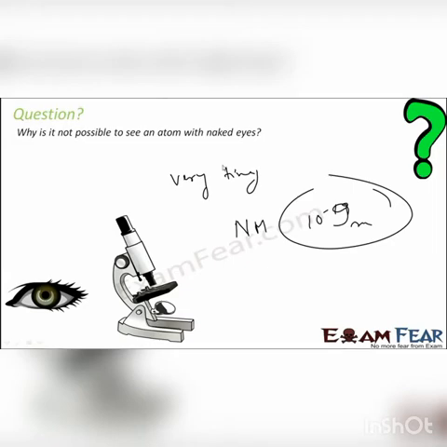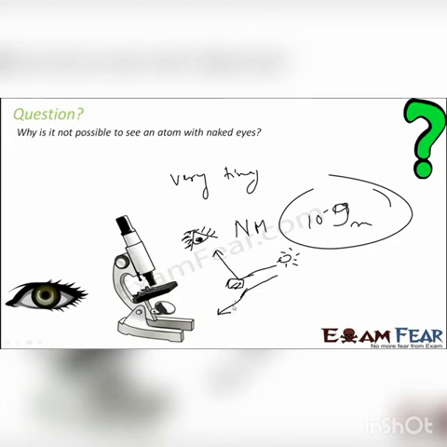This is also a little advanced concept. For anything to be seen, the way it works is you have a light, maybe sunlight or any other light, and there's an object which you want to see. Light will come and get reflected by the object, and then it reaches your eye, and you can see it. But if the particle is so small that it will not reflect the light, it will just pass through, then you will not be able to see the object. You will understand this concept in the higher classes.